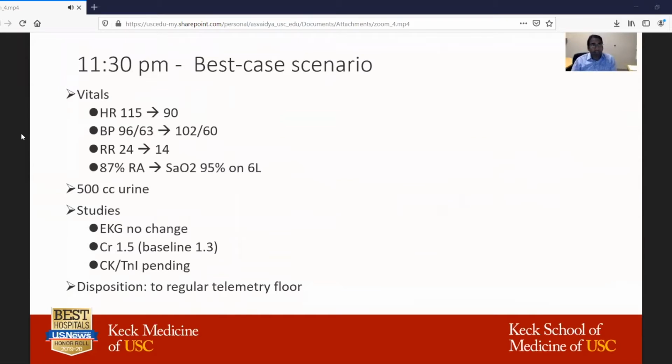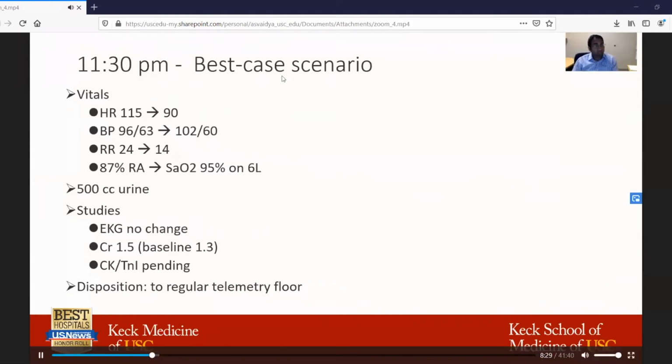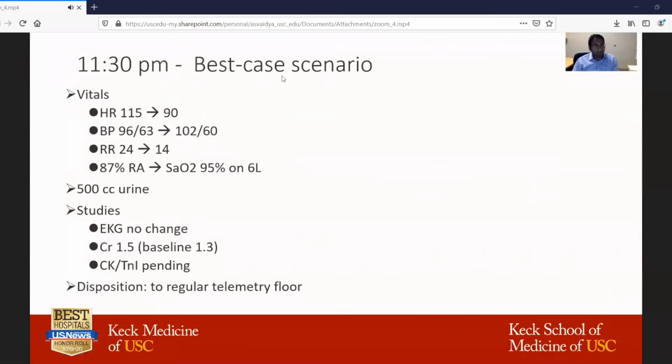So it's 11:30, and you're in your best case scenario here. Your heart rate is decreased with your initial Lasix, morphine, nitrates, oxygen, and positioning of the patient. Your blood pressure is stabilized, and your respiratory rate and oxygen saturation have all improved. The patient has made pretty good urine, 500 cc's in about half an hour, with creatinine that seems pretty stable for the patient's baseline. You tell the emergency room and the admitting residents that the patient's okay to go to